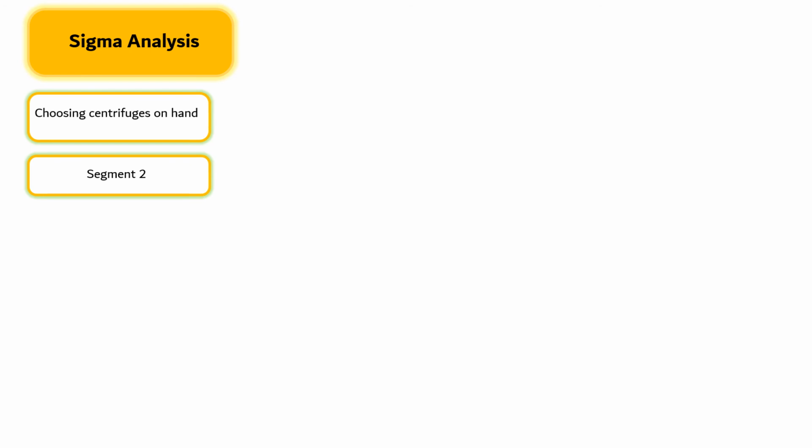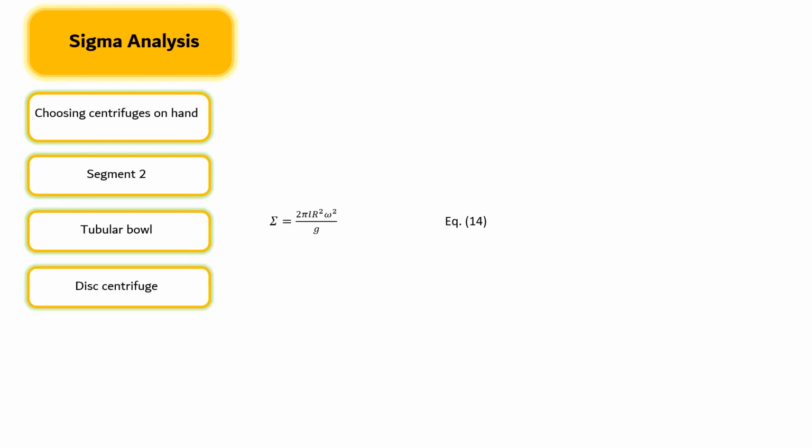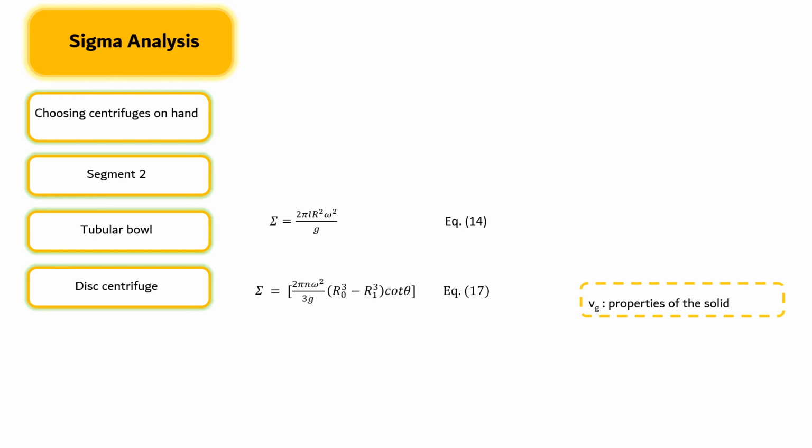Sigma analysis. The sigma factor is most useful when choosing between centrifuges on hand. Equations to calculate the sigma factor for tubular bowl and disc centrifuges have been discussed in segment 2. The sigma factor for a tubular bowl centrifuge is as shown in equation 14, whereas the sigma factor for a disc centrifuge is as shown in equation 17,